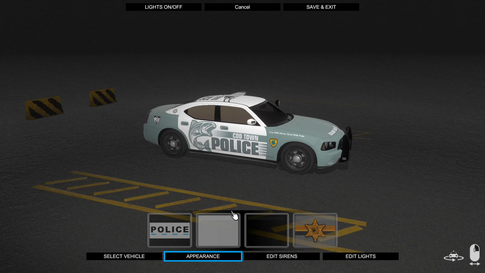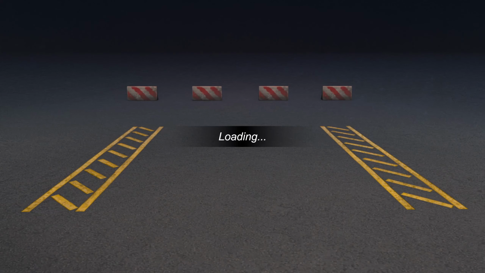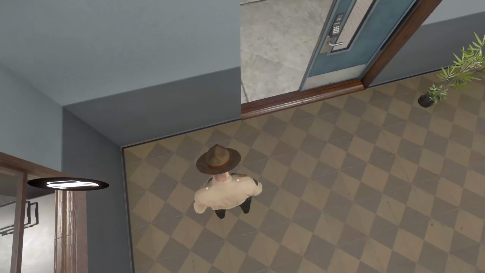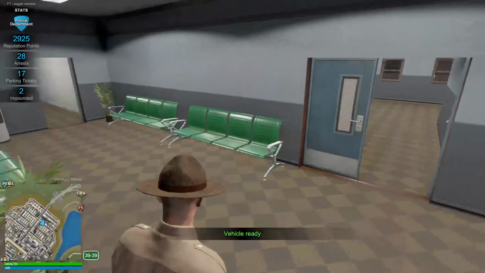I think we're going to Beach Town. I feel like taking the Charger out today, or the Charger knockoff, I should say. So let's go ahead. We'll do the Beach Town skin. I'll take that down there. But yeah, they're planning to leave early access